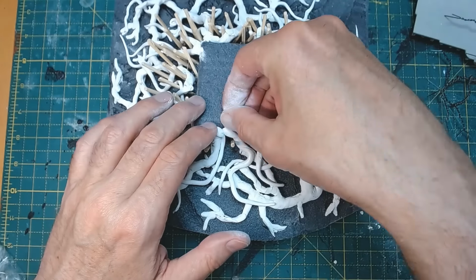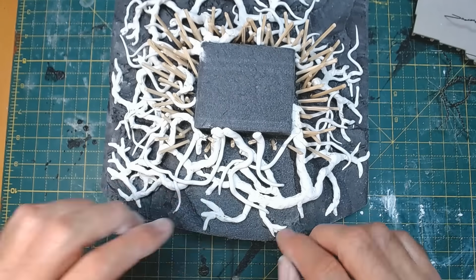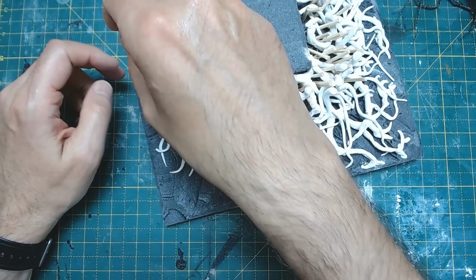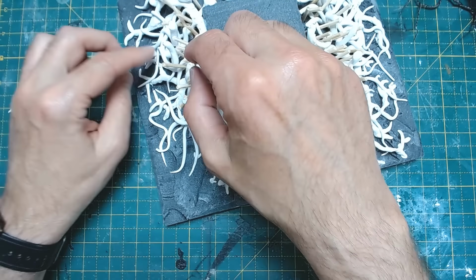They often say less is more, but I think in the case of these tendrils, more is more. So I'm filling up the whole area with as many as I can, but you may have noticed there's an area in the bottom left where the big tree goes, so I'm avoiding that area. At some arbitrary point I decided I had enough roots and tentacle-like things, so an overnight wait for the milliput